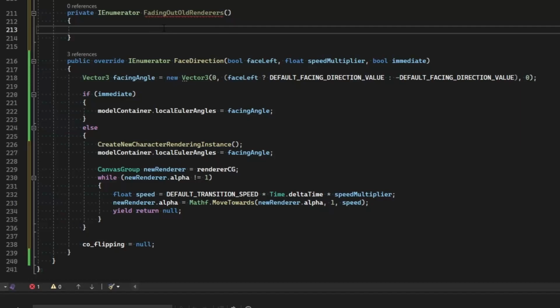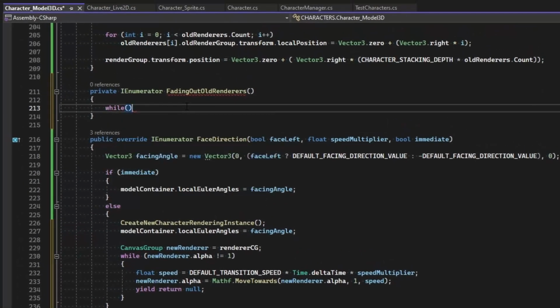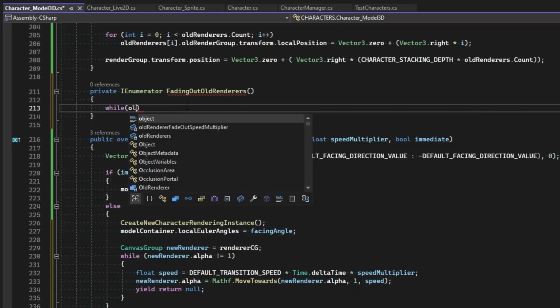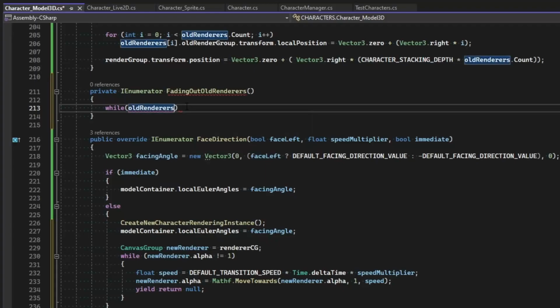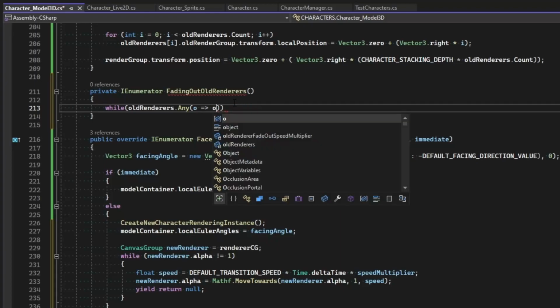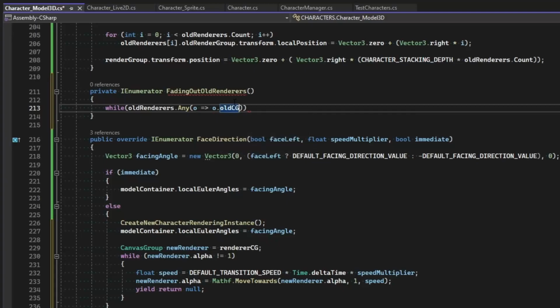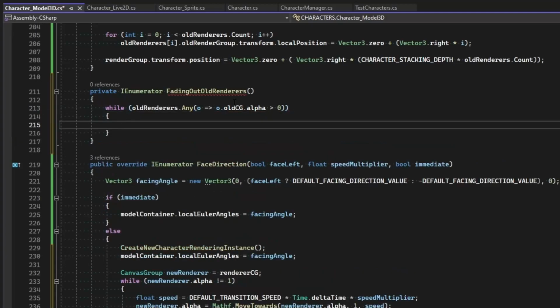And inside of here, let's loop through all of the renderers that have an alpha greater than 0. So while old renderers dot any, so we need to use the System.Linq namespace. While any, we'll call each one O and just check if O dot old CG, which would be for the image, dot alpha is greater than 0. So if the old renderer's image still needs to fade out, then let's go ahead and fade them all